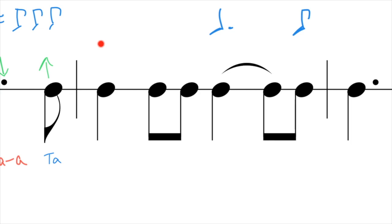We can try this rhythm from the beginning now. Ta, ta, ta, ta, ta. I'd also like to take a second to continue to look at this measure, because going back to the two beats that we have,